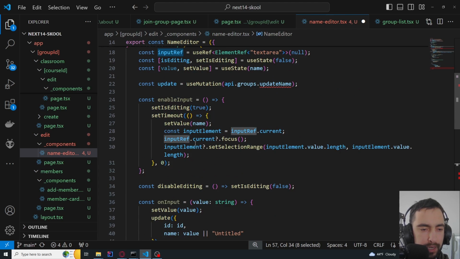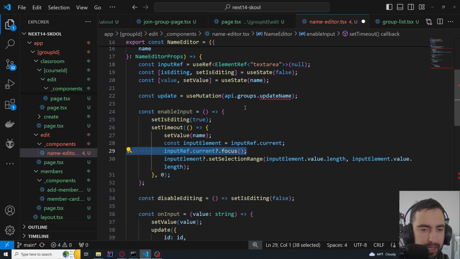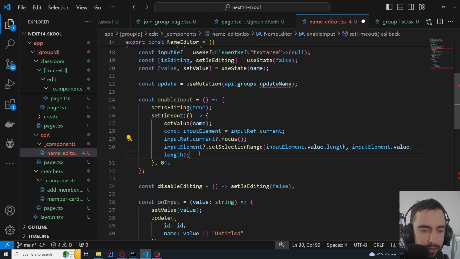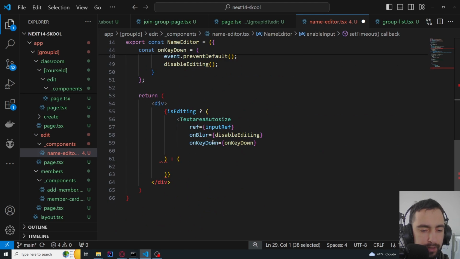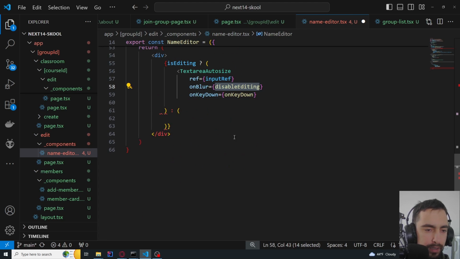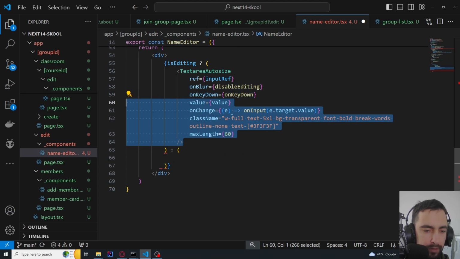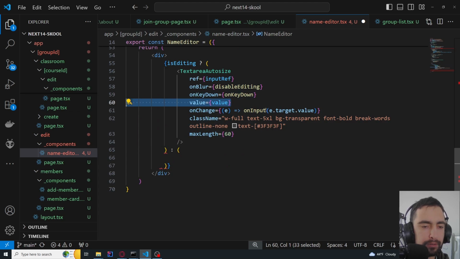So here we are checking if it's focused, and when it gets unfocused, then you save the name. I'm not sure. So on blur, disable editing. Yeah, on blur is like on unfocus. On blur, disable editing, and on key down, value is the name value, and then class names, on change we will just update the value, and max